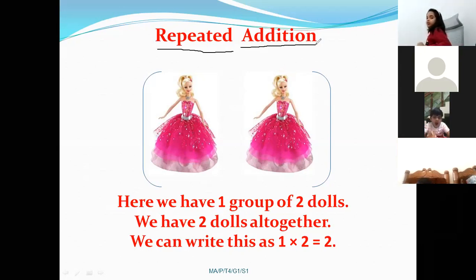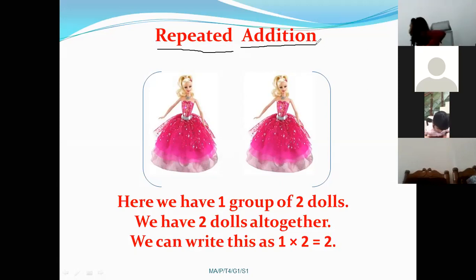Okay. I'll give you a few examples also. But listen carefully, whenever we are writing the same number again and again with a plus sign, it is known as repeated addition. Like we are writing 5 plus 5 plus 5 plus 5. We are repeating number 5 again and again with a plus sign. Or we are writing 3 plus 3 plus 3 plus 3. Again, we are repeating the same number 3 with a plus sign.